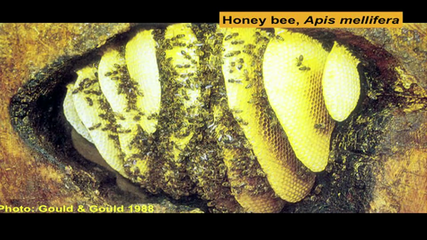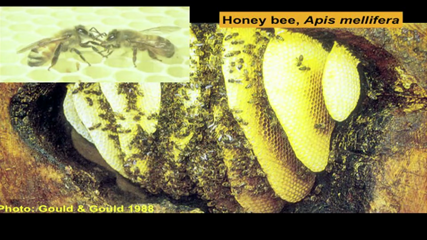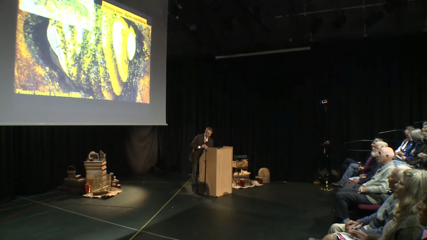But one of the features of honeybees which is really fascinating, not only that we keep them and we enjoy beekeeping, but one reason why we keep them and we're able to use them is because there's lots of them living together and they can produce honey. So it's their sociality which is also really interesting. And they are indeed highly cooperative. There we've got a honeybee nest. This is one of Tom Seeley's, James Gould's photographs. Inside an old apple tree, there we've got the combs with the honeybee workers in the middle.